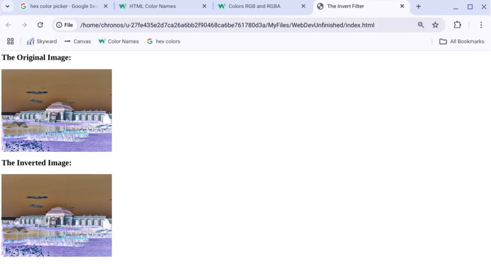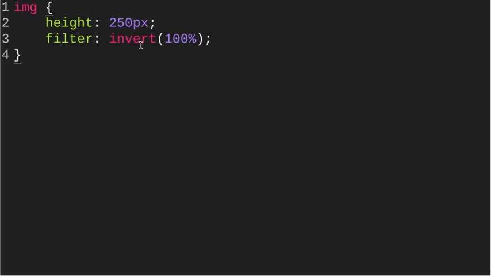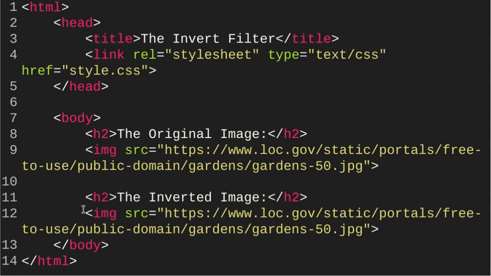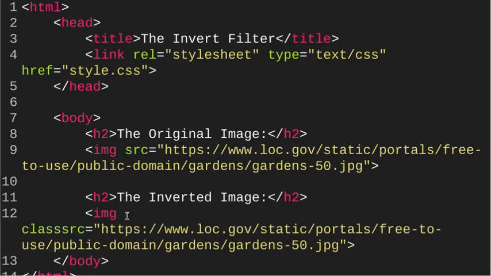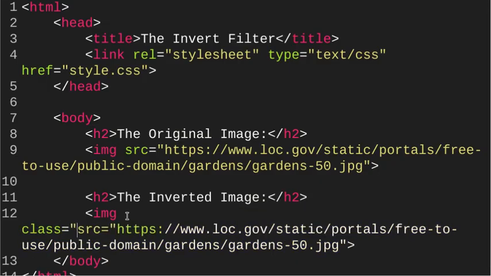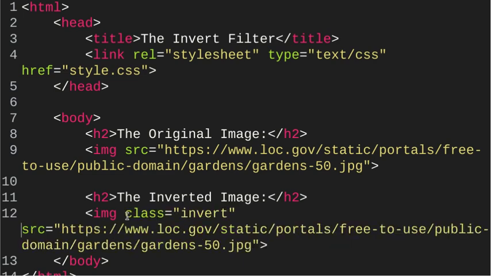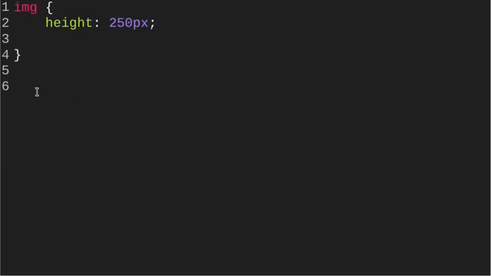But I don't want it to affect both. I would like it to affect only one of those images, which means we don't want this code here. We're going to have to put it in its own separate style. Now, of course, we could just style the image here itself, but instead, let's go ahead and use a different class that, well, we'll just call it invert. How about that? So we're going to invert as a class this specific image that we're going to go ahead and here. Since it's a class, we're going to use a dot, and it's going to be dot invert,